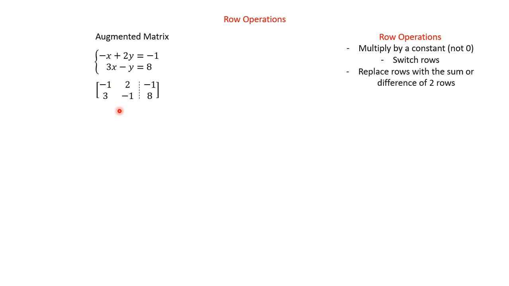And we can also replace a row with the sum or difference of 2 rows. I could take row 1 plus row 2 and add it together and replace row 2 with that. That wouldn't get us much of anywhere, but I could do it. So I could make row 2, 2, 1, and 7, just by adding row 1 to it. Just like with elimination,